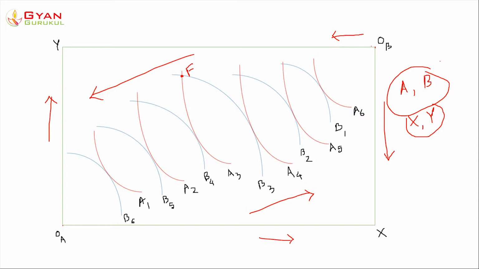At this point, how much consumer A is consuming is denoted by this curve. If we draw a straight line from here, at this point we denote this as x1. And similarly, how much of commodity Y is consumer A consuming? Say, this much of commodity Y. Let us denote this as Y1. So at point F, consumer A is consuming x1 of commodity X and Y1 of commodity Y.